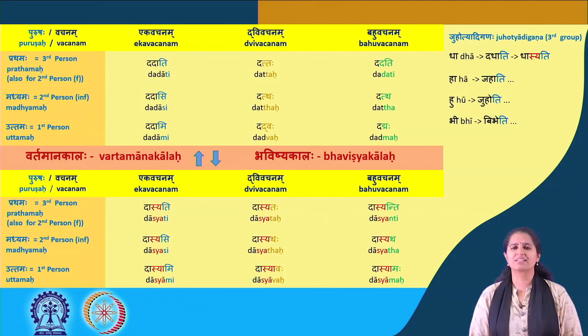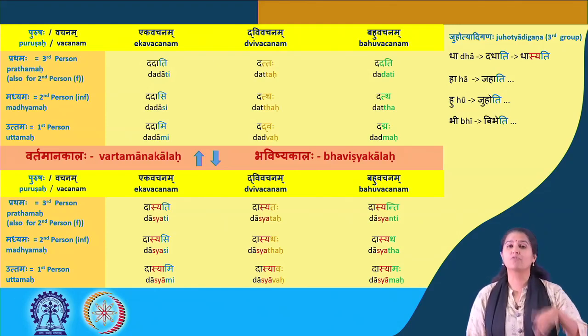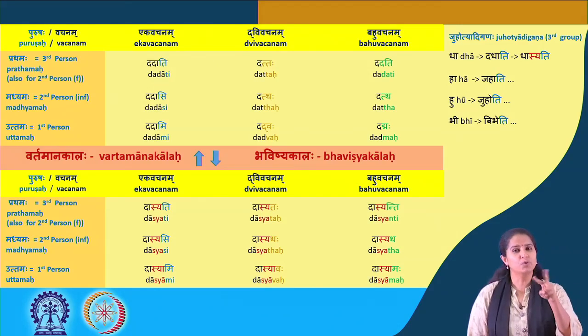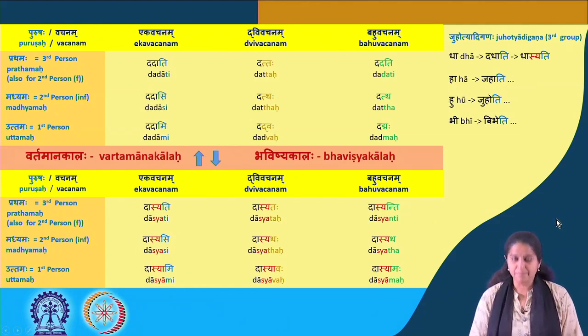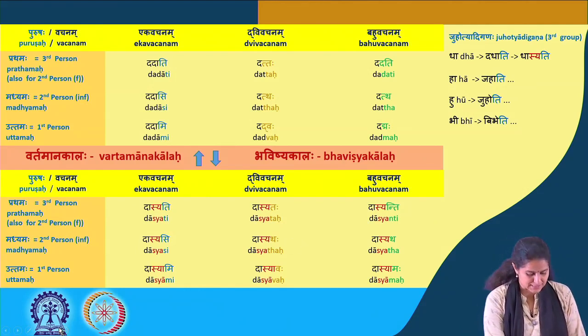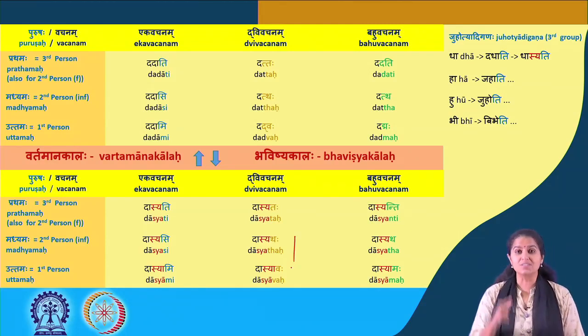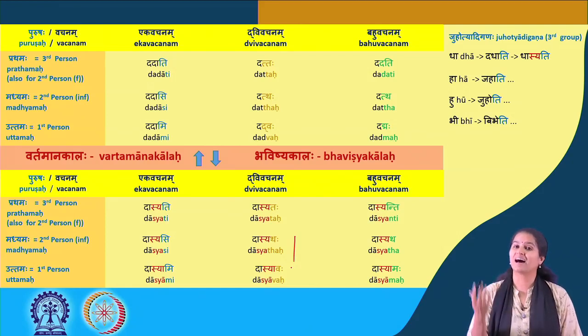So how would you say, for example, that the two of you give, or the two of you will give the 2 books to the library tomorrow? So the two of you, kim bhavati? The two of you bhavati yuvam. Verb will be dasyatha. To the 2 books, pustakam, pustake. To the library, granthalayam. Okay, tomorrow, shvaha. So let's do that sentence together.